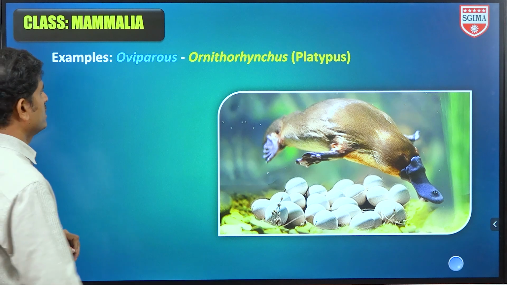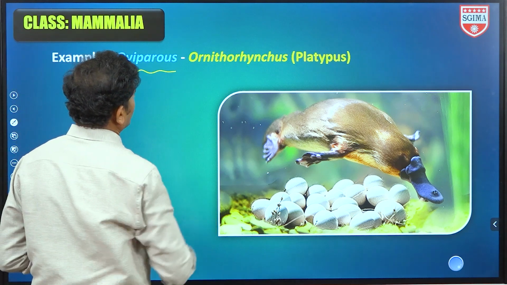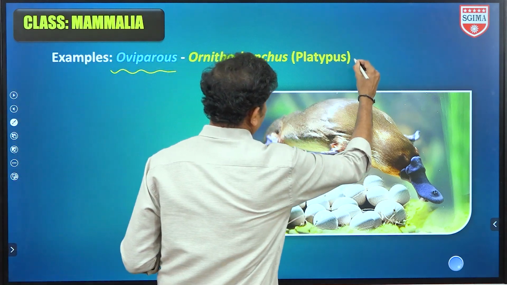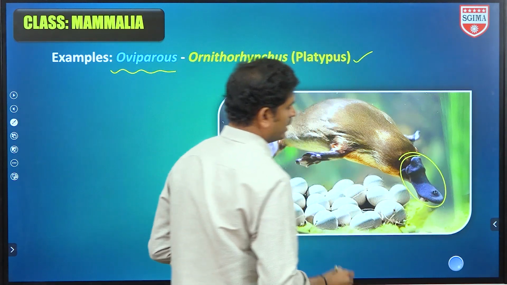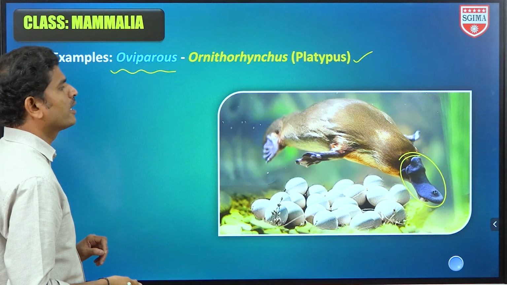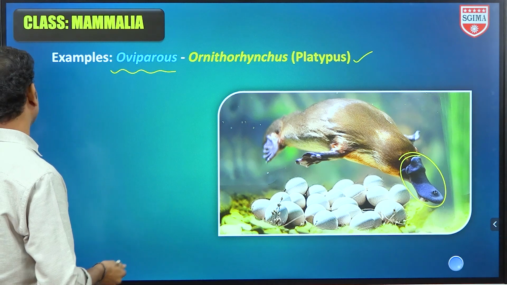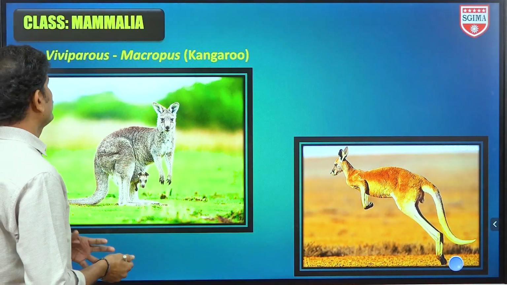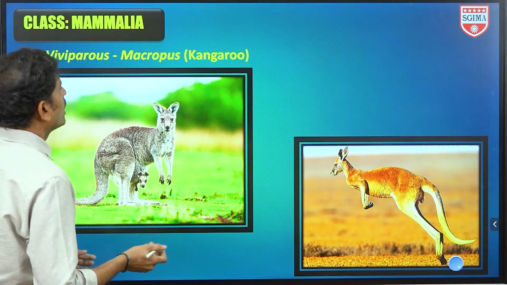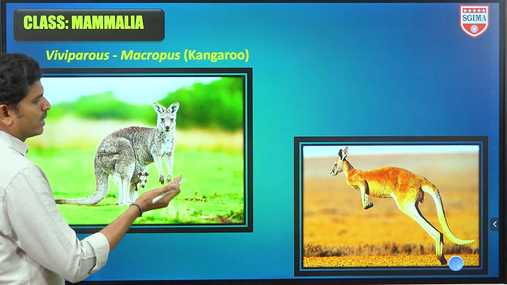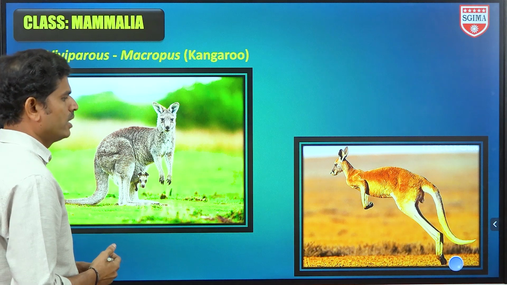Next, examples. So oviparity. Oviparous organism है तो Ornithorhynchus, that is called the platypus, duckbill platypus, क्योंकि इसका bill, beak like a duck. So that's why duckbill platypus बोलते. Egg-laying organism this is. Next one, viviparous organisms इधर से start होते. Okay, kangaroo, Macropus it is. So kangaroo is present in ऑस्ट्रेलिया मेजरली.